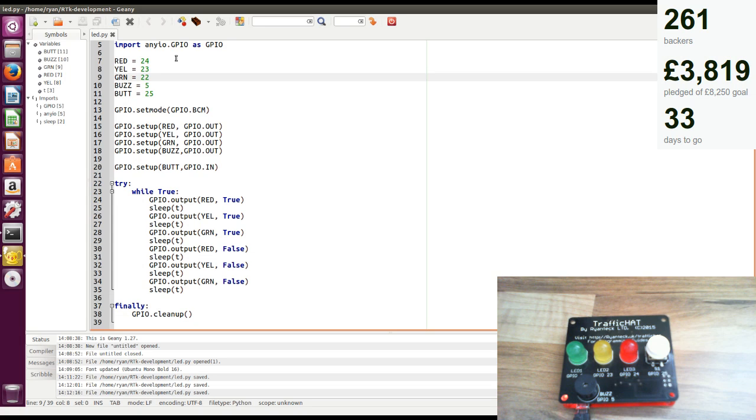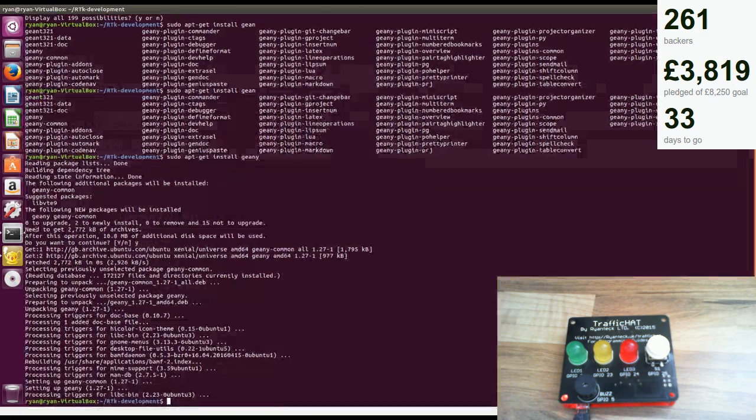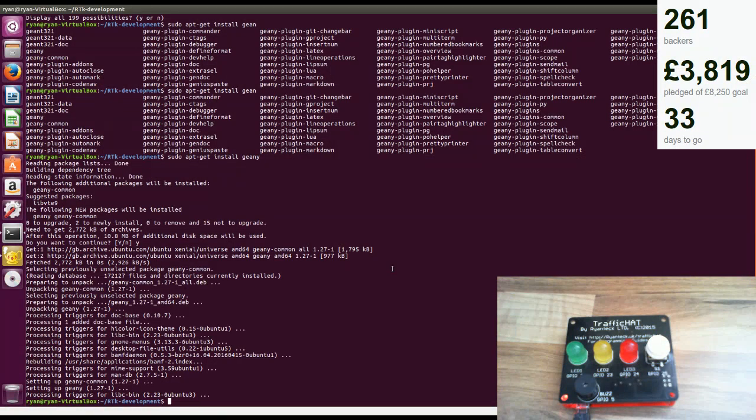The only thing at the moment is if I go to run this program, we do get an error. That's because I've not technically plugged in the board into the virtual machine, so we're going to go over that and just see how easy it is on Linux, and I might have time to reboot into a Windows virtual machine to see how it goes on Windows. I know it does work on Windows because I've tested it, but whether the virtual machine will work or not I don't know. So if I go to VirtualBox,